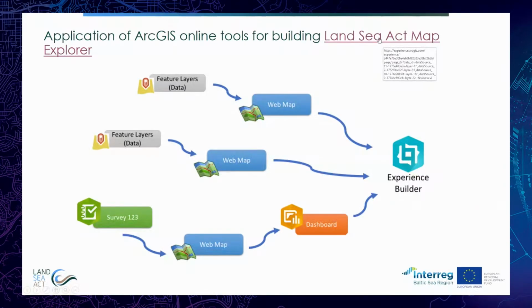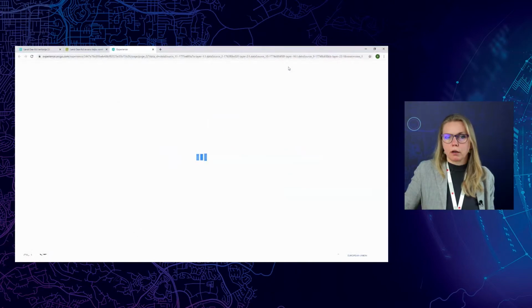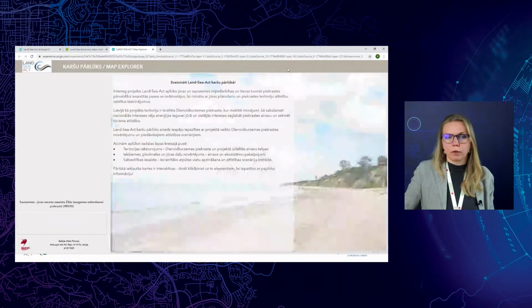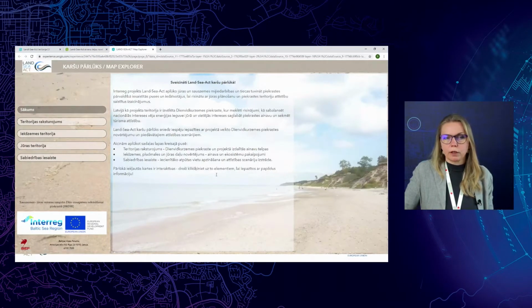And now I will show you briefly our developed Map Explorer, how it works. At the moment it's in Latvian, but we are also working on the English version